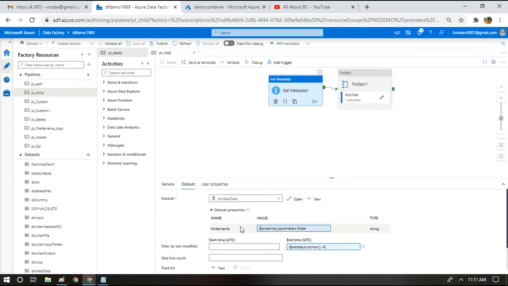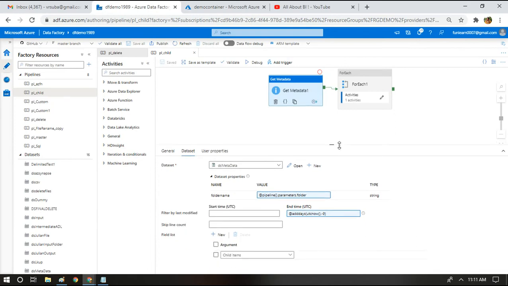So I'm just pointing to that here. Okay, so if you want to filter a certain number of files based on any criteria, for example 10 days older or 100 days older, what we can do is, while we mention the folder name and all, there is an option to filter by last modified. Therein you can use the add days function and the UTC now function. Combining these two functions, we can take the get metadata activity 10 days back or 100 days back